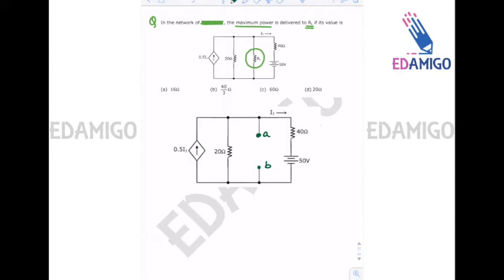As there is an independent voltage source, and we know that while finding the Thevenin resistance we remove the independent sources, the independent voltage source is short circuited. Now, since there is a dependent current source also, to find RTH,